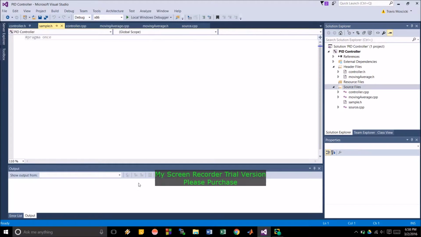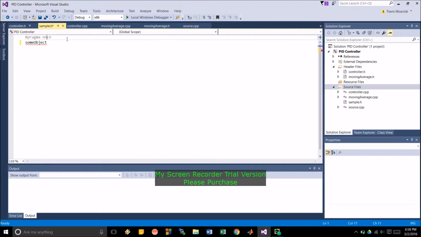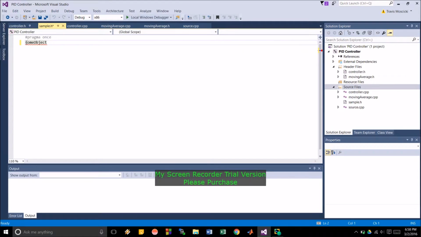So this is an H file, and what you're going to have is something. Let's say that we wanted to make some object, right? So SomeObject is going to be the name of the object. You're also going to want your includes. This is really just pseudocode. This isn't going to actually be code. I'll get into includes and some of the other header files that you're going to need in just a moment. But pretty much the general idea behind a C++ object is you're going to declare a class called SomeObject,